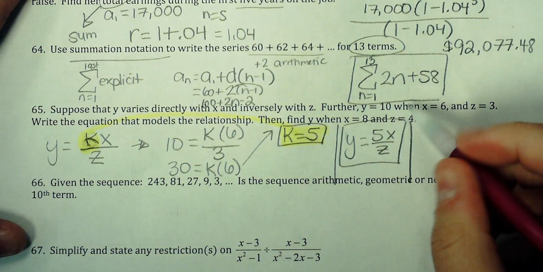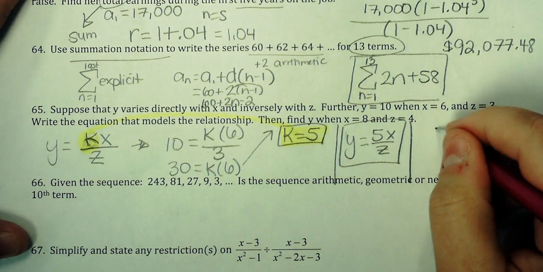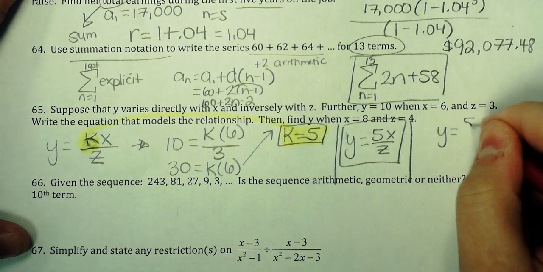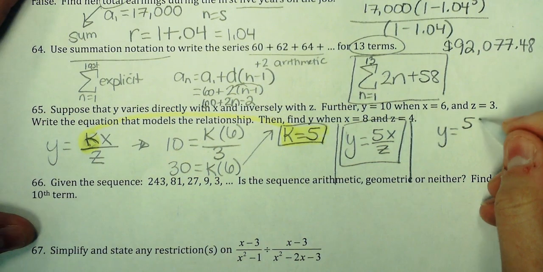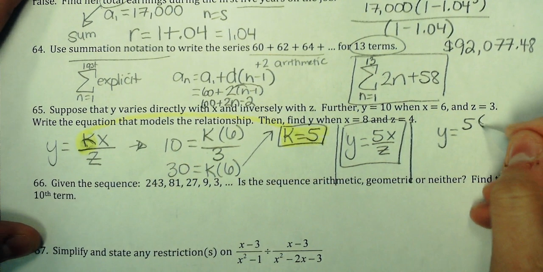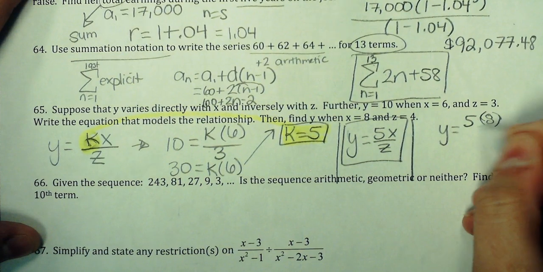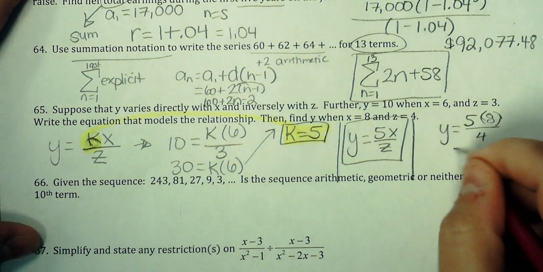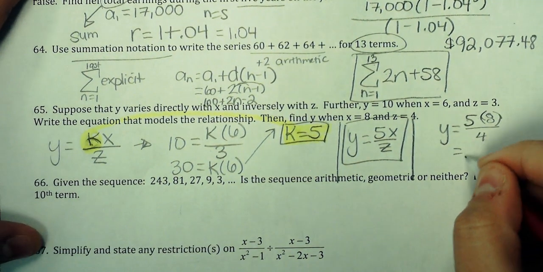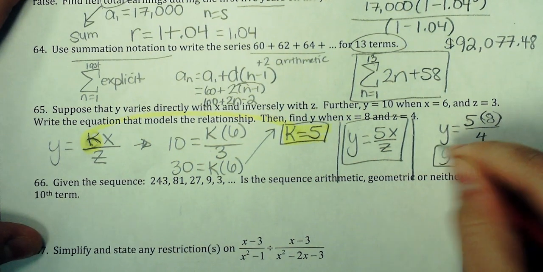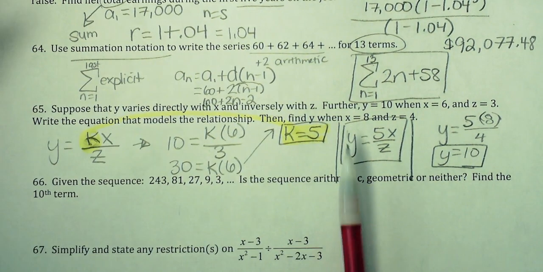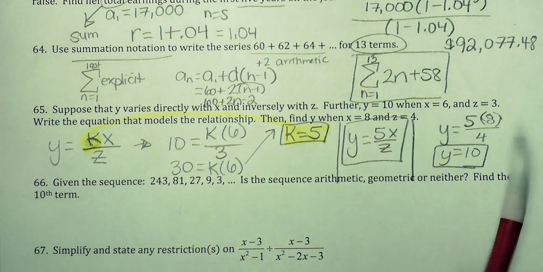Now, the questions typically then ask you to find something else. So it says find y when x is 8 and z is 4. So we're just subbing numbers again. So let's see. k value is 5 here, so I'm going to sub in 8 for x, 4 for z. 40 divided by 4 is going to be 10. So the other part of that answer is if x is 8 and z is 4, then y is going to be